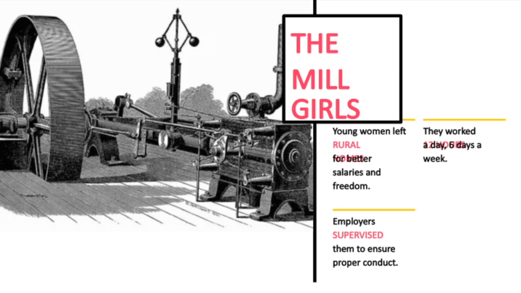The workers, including many young women, often worked long hours, up to 12 hours a day, 6 days a week. It was a demanding schedule, but they continued working for better salaries and the hope of gaining some measure of freedom. Many of these young women came from rural homes, leaving behind their families and familiar surroundings. They often left their rural lives behind to seek better opportunities in the mills, hoping that their labor would lead